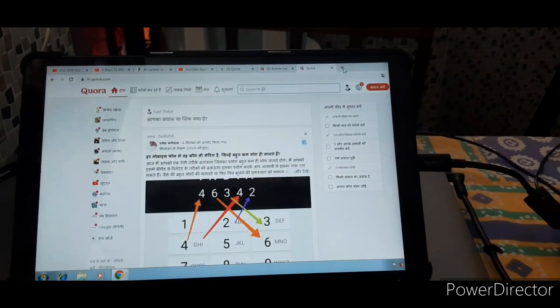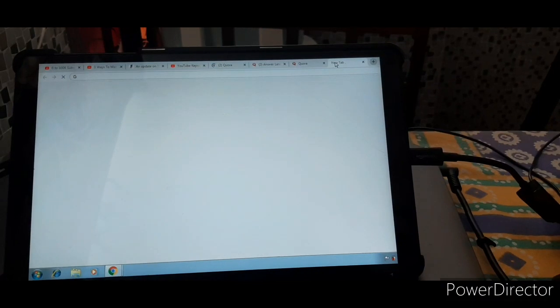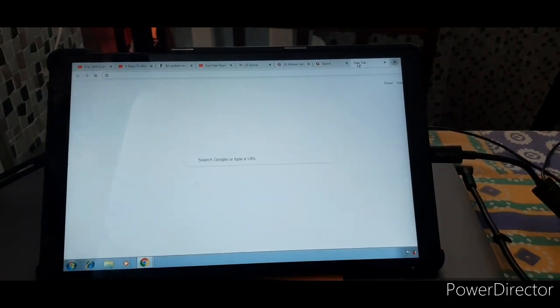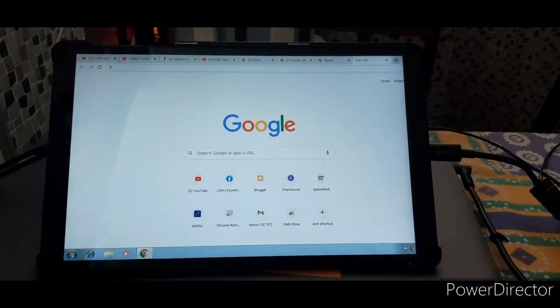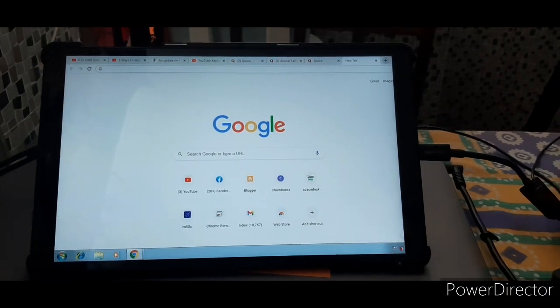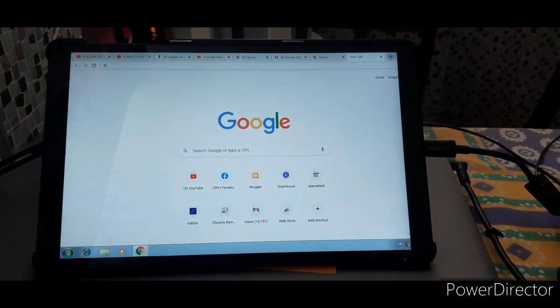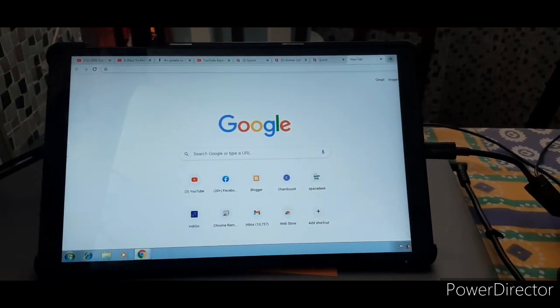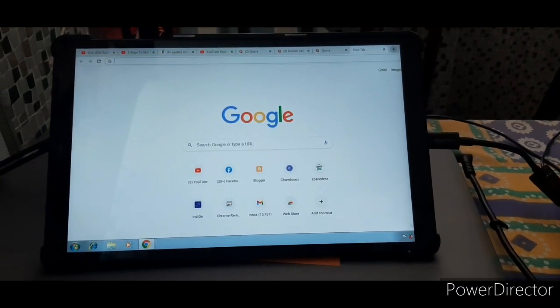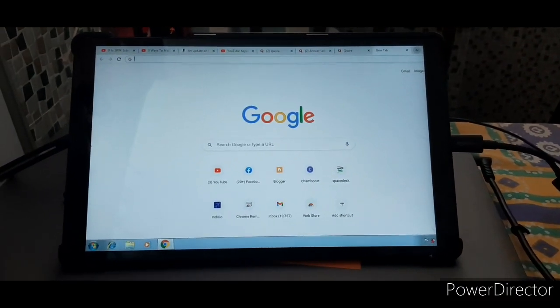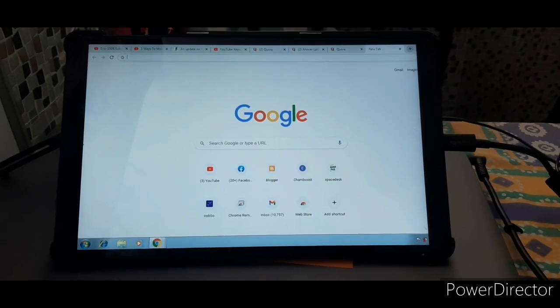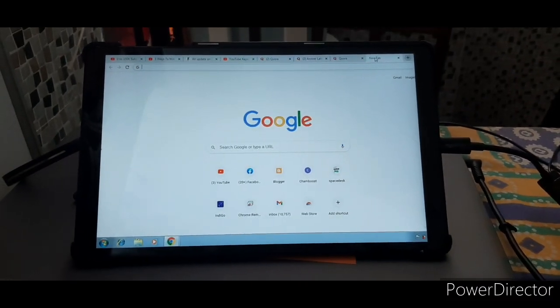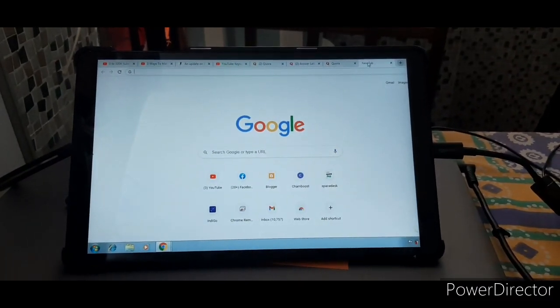I can even connect a keypad in the same way. It supports Bluetooth and wireless keypads, so I can connect a keypad using Bluetooth and a mouse with a wire. So everything you can do from the tablet, you can operate your system.